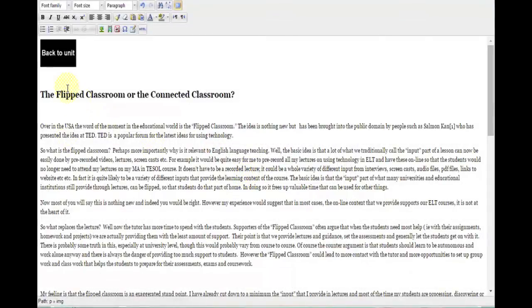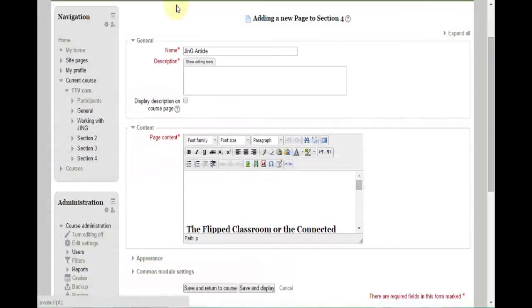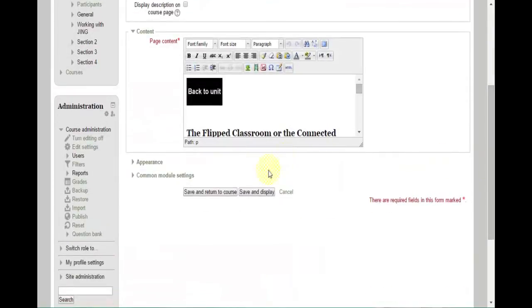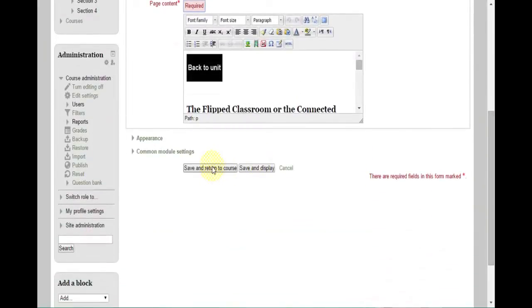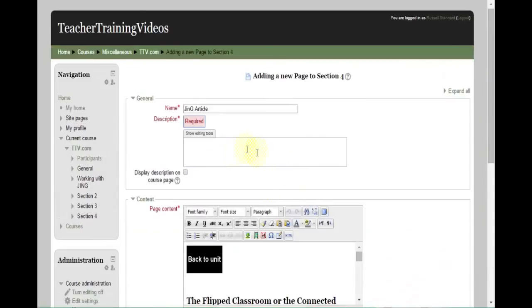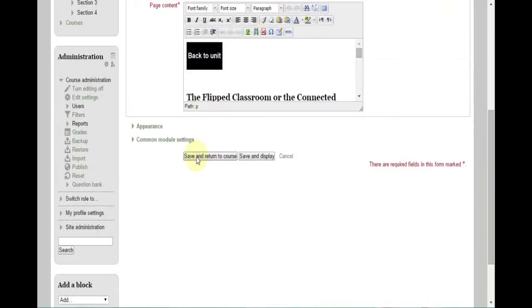I should really write the alt text in, but I'm just going to, now I'm going to need a link. I'm going to need this to link to something, so I'm just going to click that and I'm going to show you how we do that. Come back and save and return. Now we need to start linking this content all together, so let me just click on save and return to course. It's because I didn't put a description in. You have to put a description. This is a text article about Jing. Sorry about that. Down here, save and return,